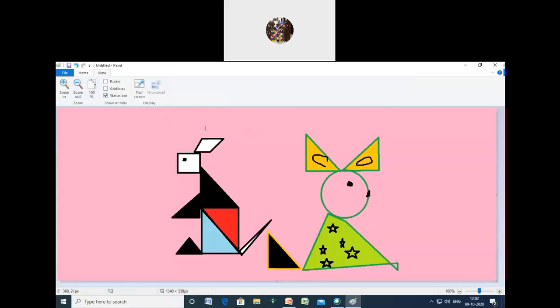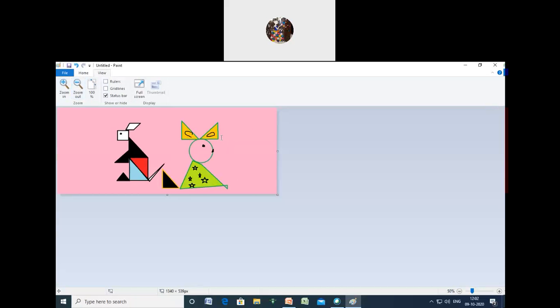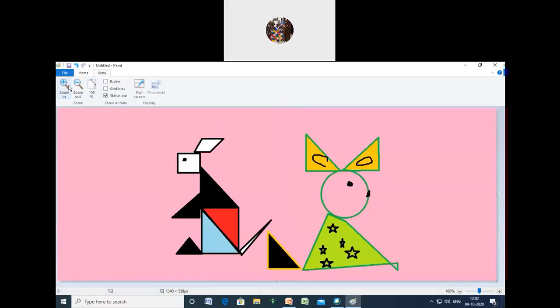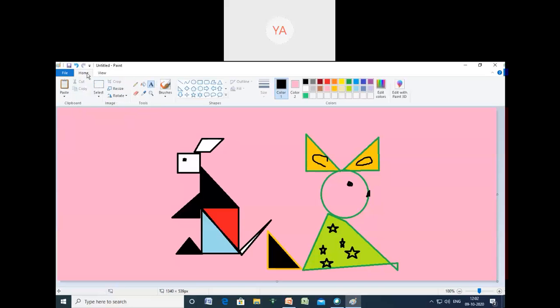Okay. Now we are going to zoom. So this option is zoom out, in the sense you have to minimize that picture. If you want to zoom in, it should show us an enlarged one, isn't it? In this manner you can utilize that part. Got it? Yes, ma'am. So view one, you can view which one you drew there. So if you want to save yours, how will you say? Save option is there on the quick access, isn't it? So there you have to go and click that save, or click the Control S button.